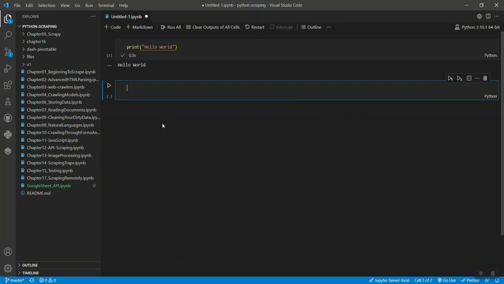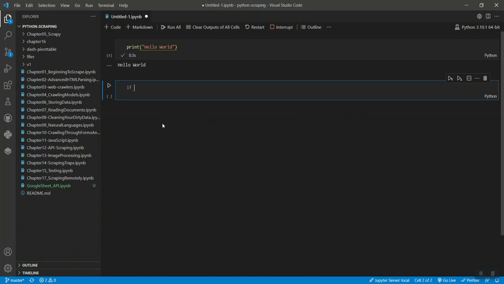Now I would add an if statement along with print to show you how that works. It will be a conditional statement where I will be calculating whether a number is greater than the other or not.